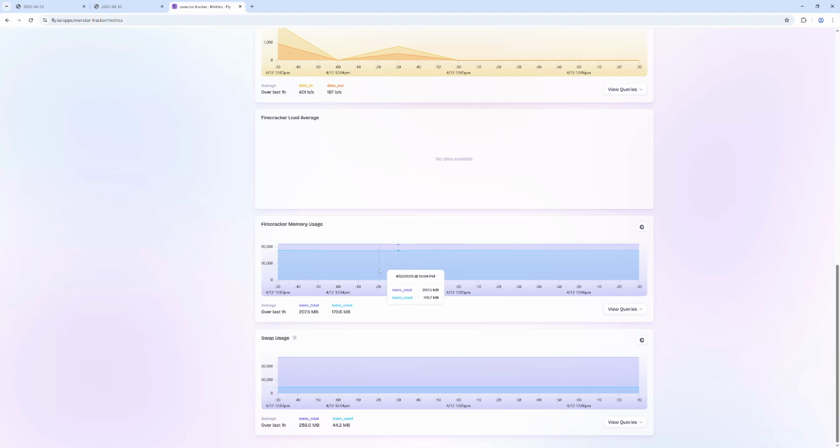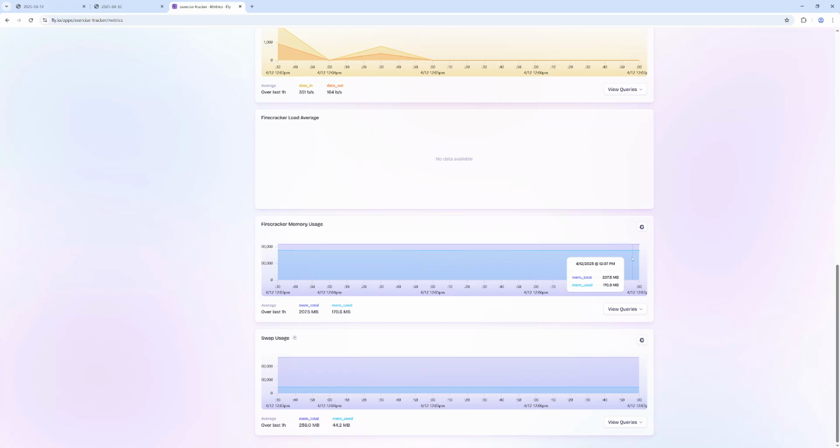I am a bit surprised we're actually using as much memory as we are. I mean, like 170.9 plus 44.2. That's kind of a lot of memory for a server that's not doing anything. Don't really know